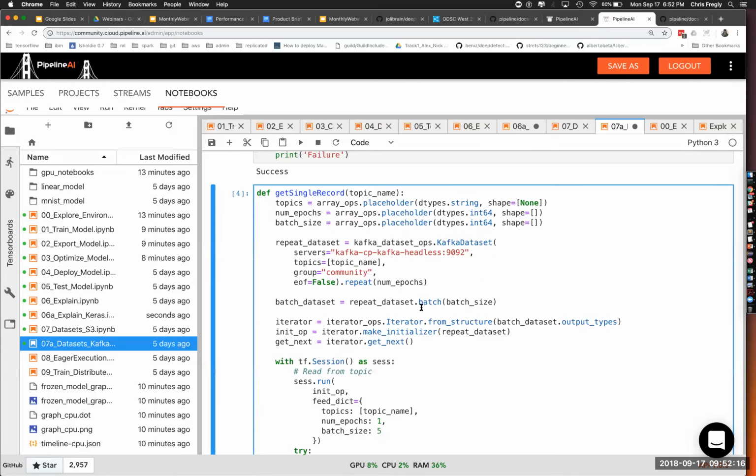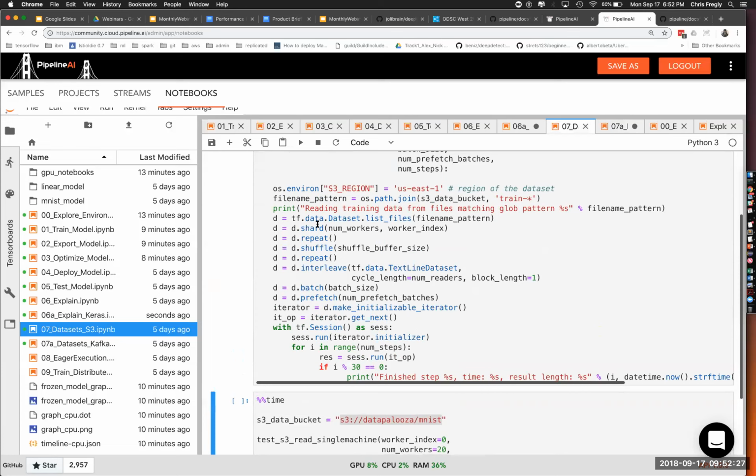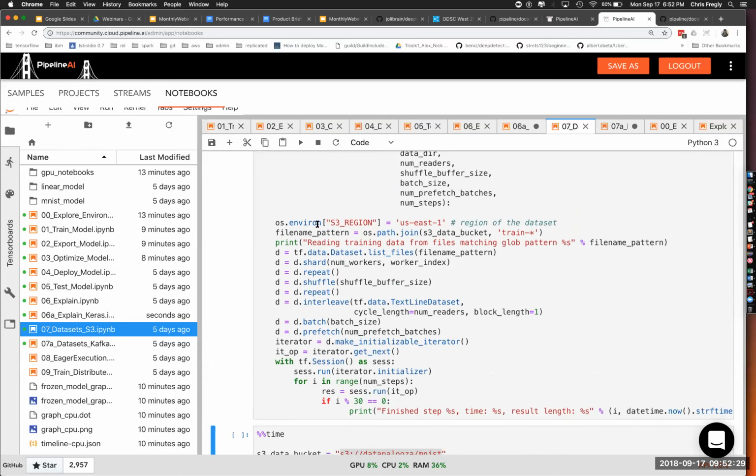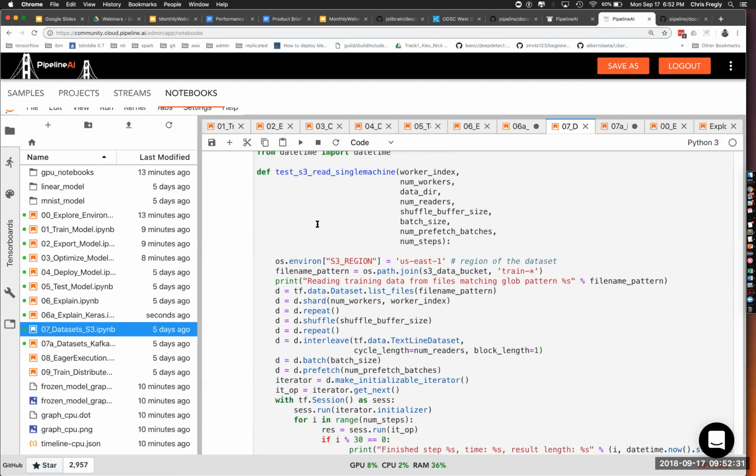The reason I was showing S3 is you could see this is the TensorFlow dataset API, which is TensorFlow's answer to Spark and to ETL, and to improving performance, to getting data into your system for training or for batch inference. And so with the exact same API, you can get data from S3, you can get data from Kafka, and cycle through it multiple times, do what you need to do.